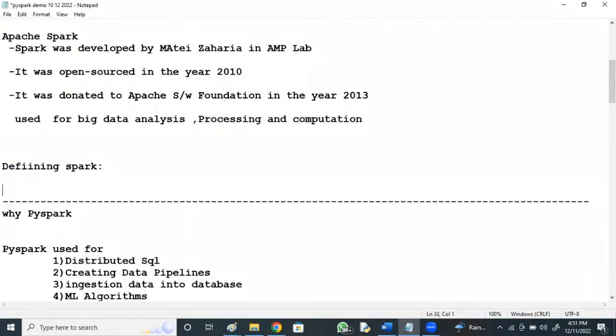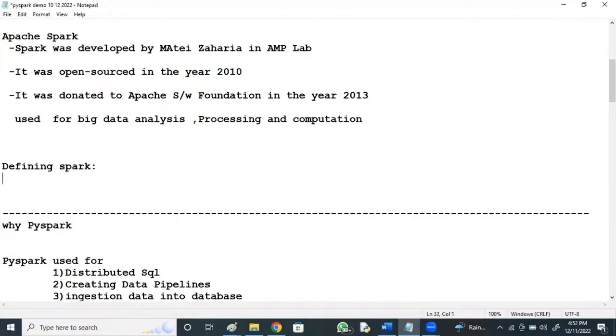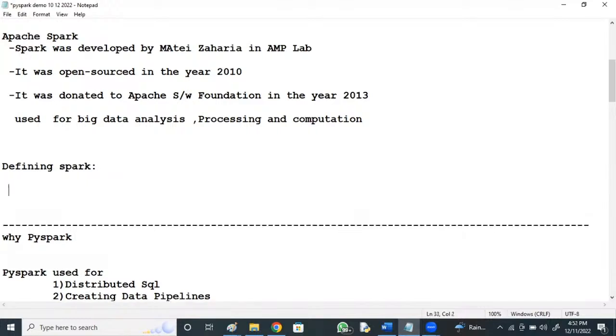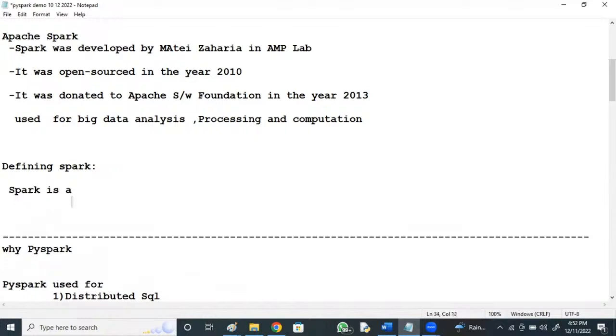I define Spark in 4 to 5 lines. Spark is an open source